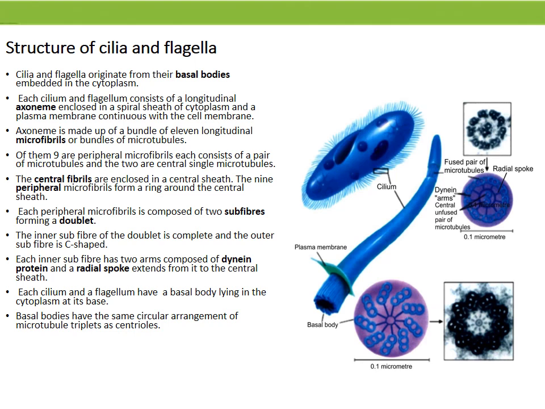Structure of cilia and flagella. All cilia and flagella are built on a common fundamental plan. A bundle of microtubules called the axoneme, 1 to 2 micrometers in length and 0.2 micrometer in diameter. It is surrounded by a membrane that is part of the plasma membrane.